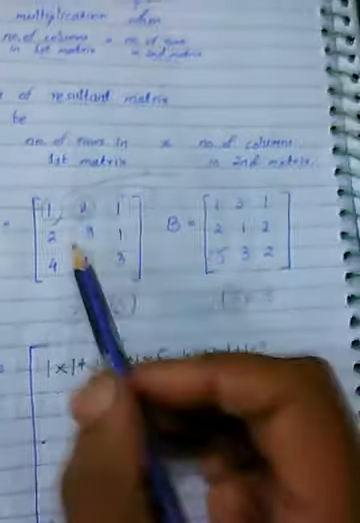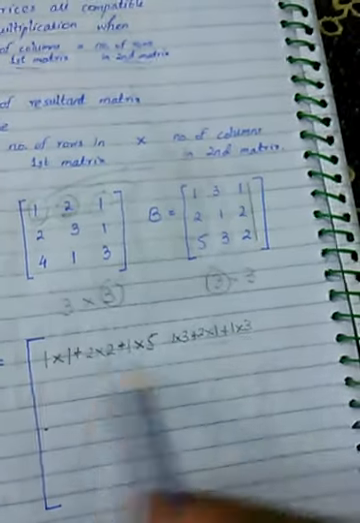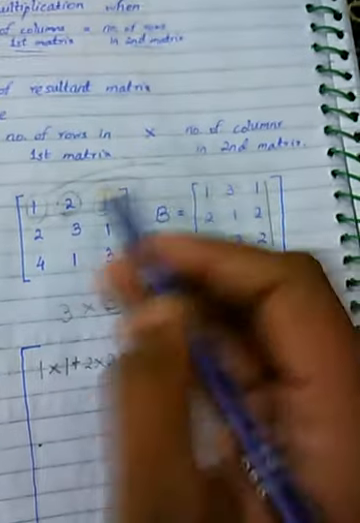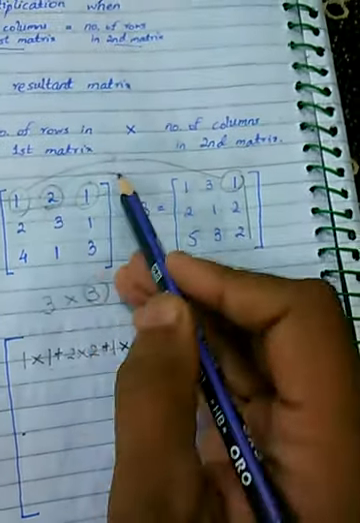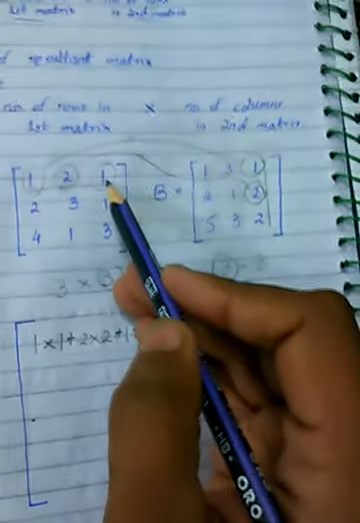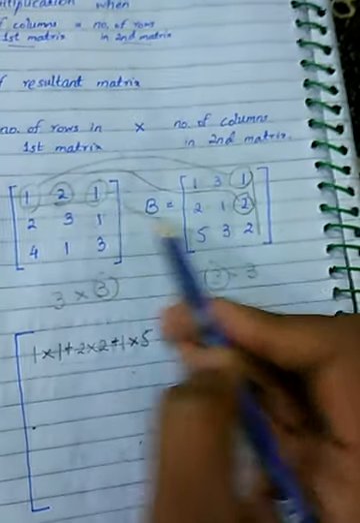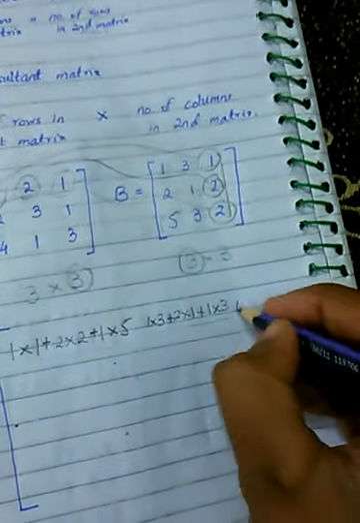Now the turn of first row and third column. First row with first column, first row with second column, and now first row with third column. The first element will get multiplied by the first element, which is 1. 2, the second element, will get multiplied by 2, which is the second element. 1, the third element, will get multiplied by 2, the third element. So we will have,